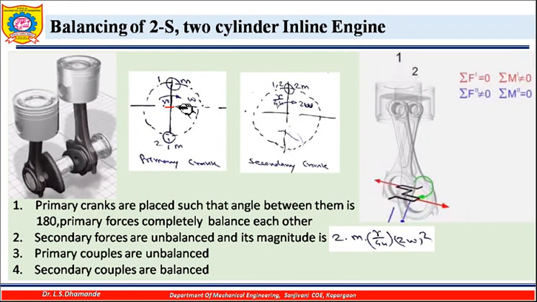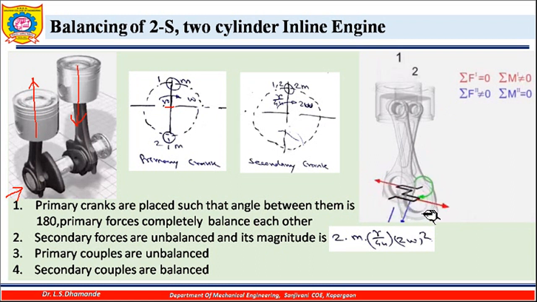and if I consider the crank position of one cylinder as 0 and the crank position of another cylinder as 180, I will find that the primary force due to this particular cylinder is acting, suppose, in the upward direction. Similarly, the primary force due to the other will be acting in the downward direction. So one is the upward force, another is the downward force, and therefore you will get the balancing of this primary force in case of this 2-cylinder two-stroke engine.